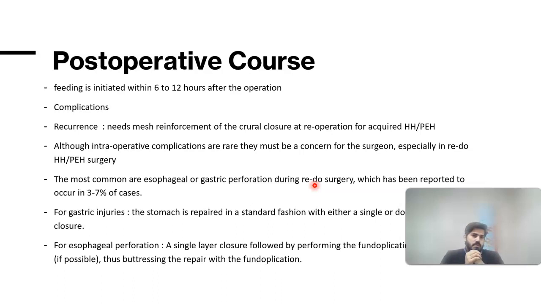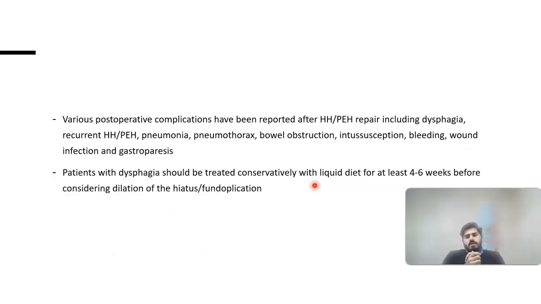Other important complications per-op can be gastric injury, and if that happens, depending on the surgeon's preference, he can close it in a single layer, or you can close it in a double layer. And then there is esophageal perforation as well. If that happens, we can close it, and it is advised that after closing it, we do a fundoplication over that repair, and both of these complications can be managed quite easily. Other than that, there are other complications like dyspepsia, recurrent pneumonia, pneumothorax, bowel obstruction. All these can be managed accordingly. And if the patient is having dysphagia, it is advised that we manage the patient for 4 to 6 weeks conservatively with liquids before considering